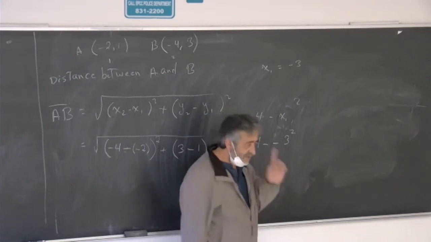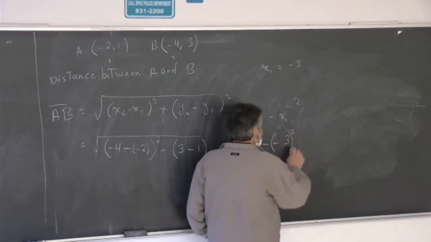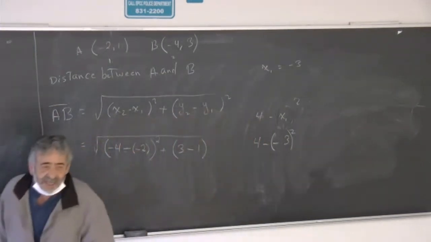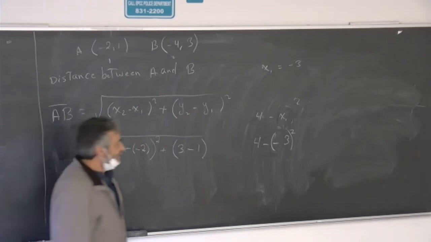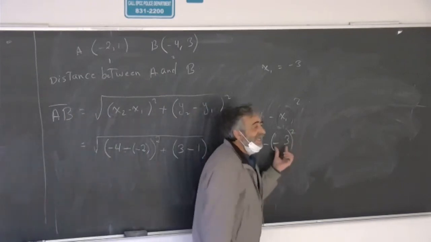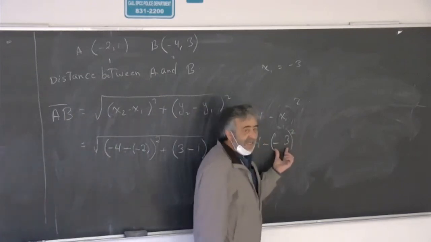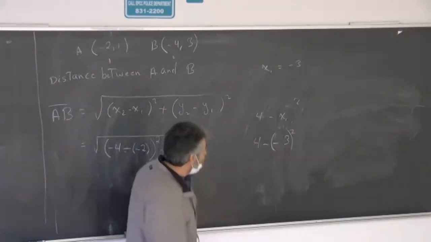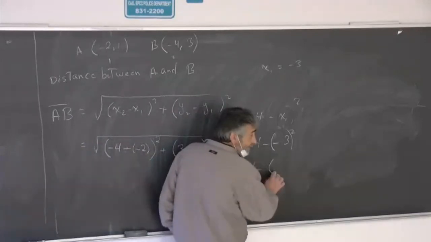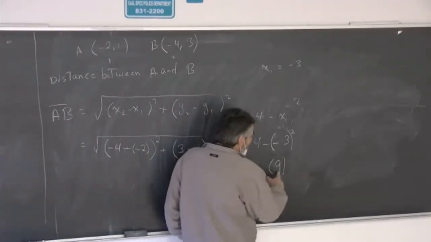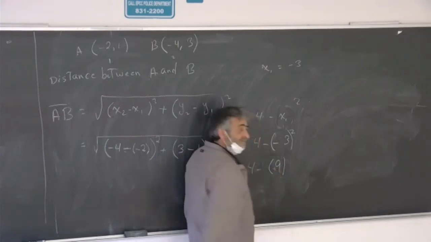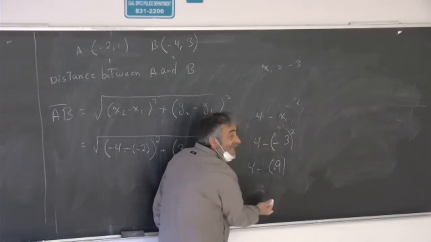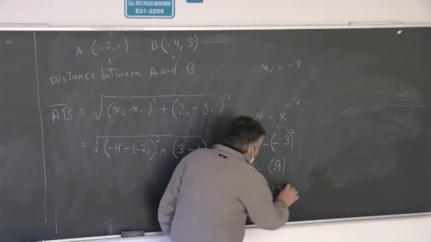But if you put it in parentheses, this is what happens. Now, the order of operations says to do what first? Parentheses. So now, what do I have raised to the second power? Negative 3. And negative 3 raised to the second power is simply 9. So now I'm going to end up with 4 minus, I'm still going to put the parentheses, 9. But that 9 is a positive. So negative and positive gives me negative. So it'll be 4 minus 9, which is